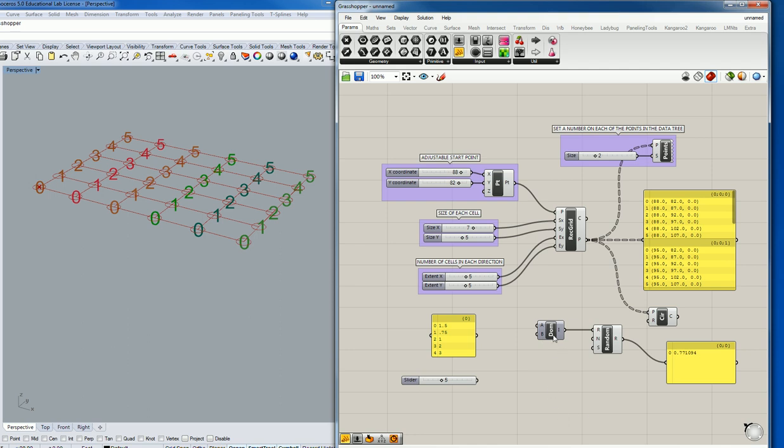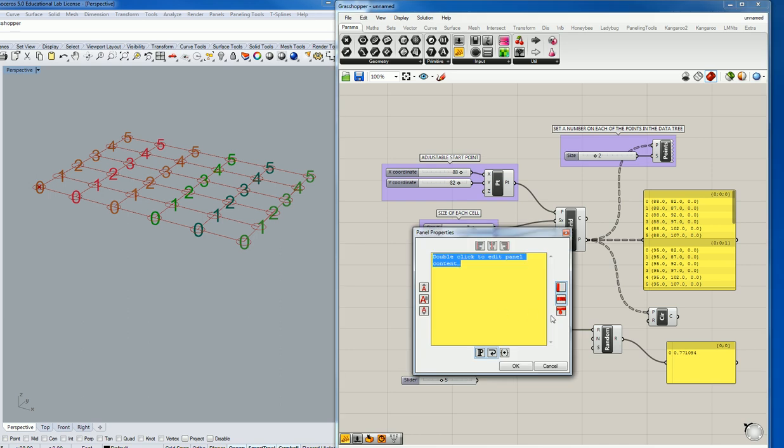So if we want to, we can adjust the domain. So let's go from 0 to 1.5. Okay? So to do that, I'm going to use another number panel and feed the number panel into the A and the B. All right? So drop a panel here, squeeze it down, double click it, and give it a value of, I'm going to try